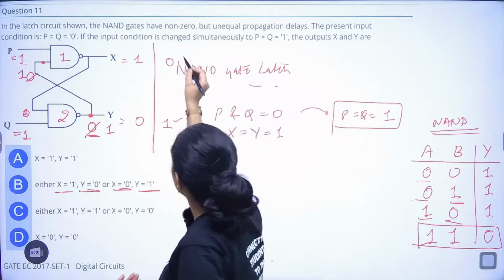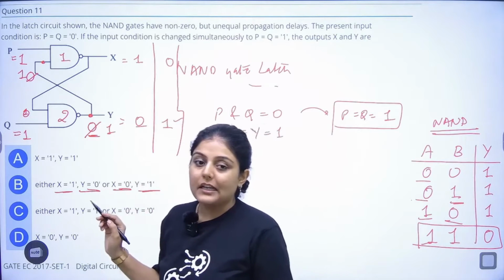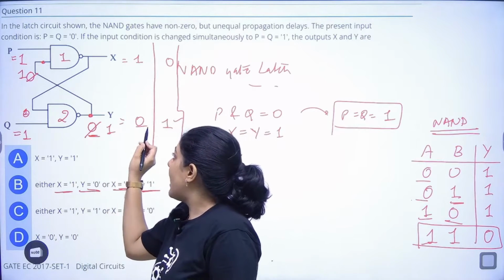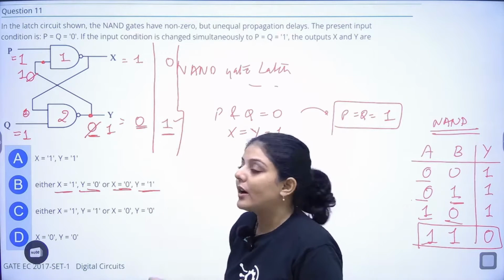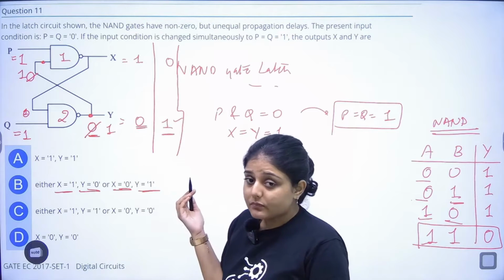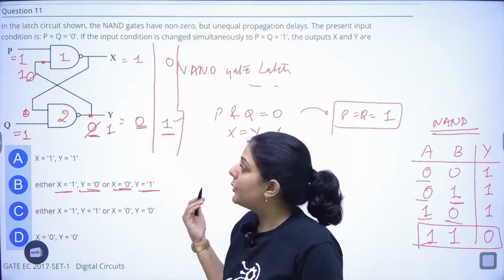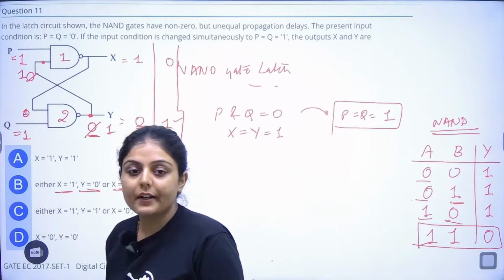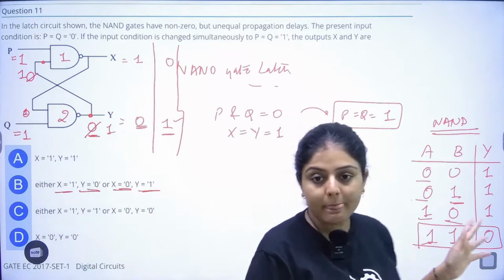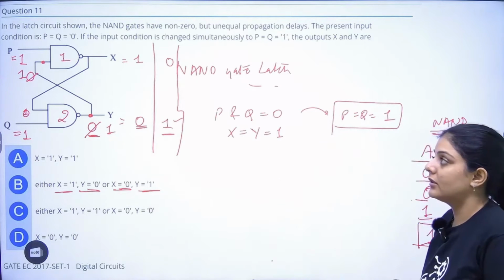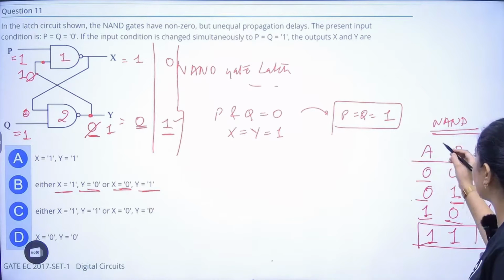You got my point? We have assumed it to be 0 first, and if we have taken it 0, the output is coming out 0 only. And if we assume it to be 1, the output will also become equal to 1. Correct? So this is how we solve these latch questions. We assume it depending on the type of latch, whether it is a NAND or not. We know certain things about NAND.